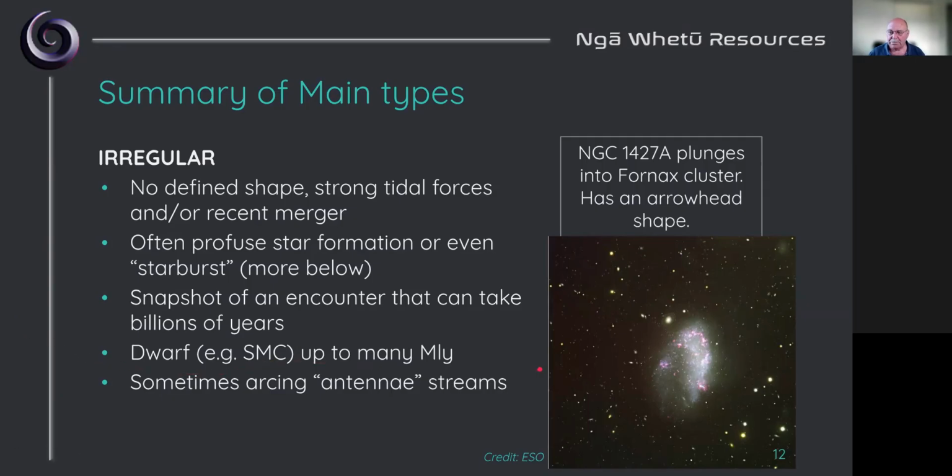And the obvious reason for those irregular galaxies is that they are the result of ongoing mergers. It could be a merger that is just starting. It could be a merger that is in full process. It could be a merger in its end stage. But because of the tidal interaction that you then have